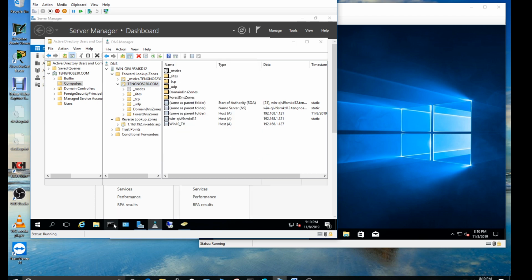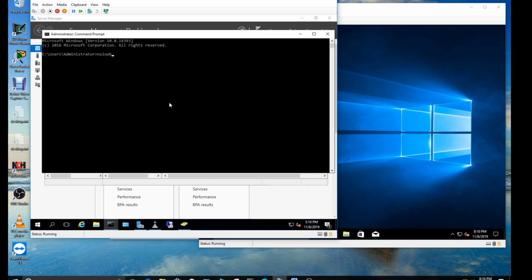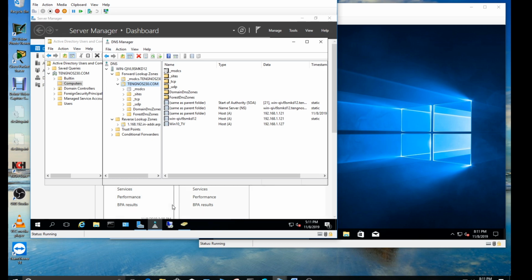All right, now let's see what happened in here. If I do nslookup, again, this is from the server, Win10TV. Notice that it automatically resolved the IP address. Here you go. This is the IP address of my PC, and this is the name of the PC. So a lot of the time we don't want to, or we cannot, remember all of the IP addresses, but we can remember the name. That's where DNS comes in handy. DNS resolves the name to an IP address. Okay. So in this case, if I want to remote desktop to this PC,